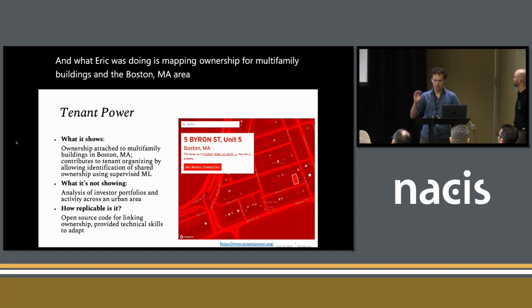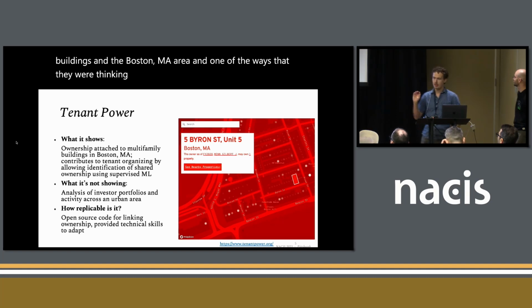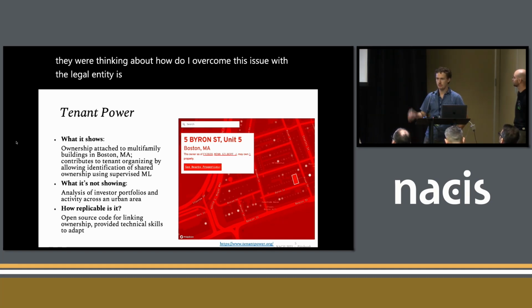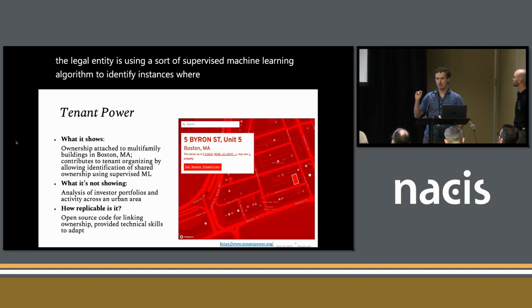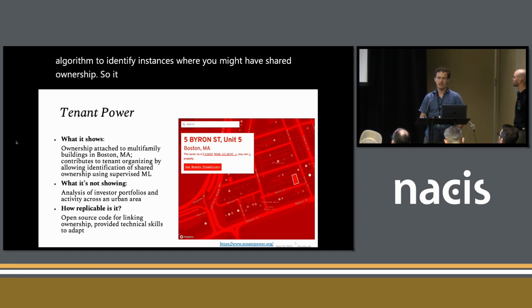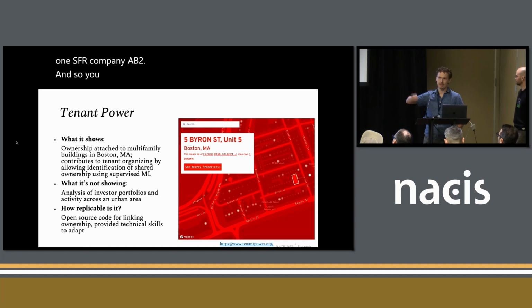And one of the ways that they were thinking about how to overcome this issue with the legal entity is using a supervised machine learning algorithm to identify instances where you might have shared ownership. So it could be something like SFR company AB1, SFR company AB2. And so you use that to identify instances where you had close matches, but